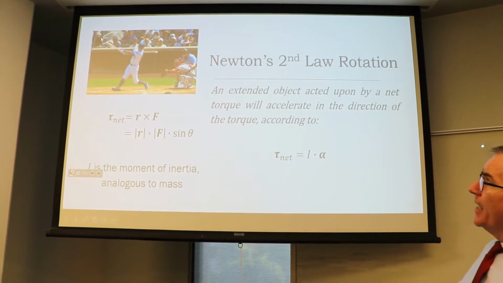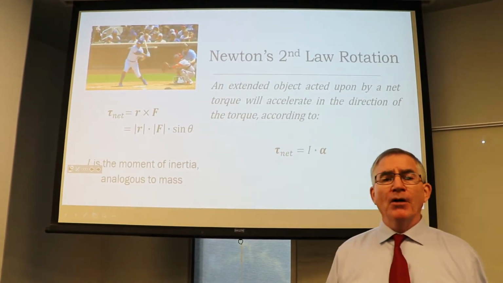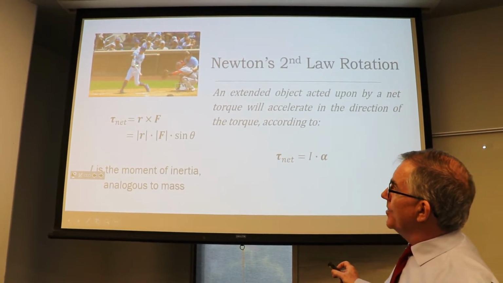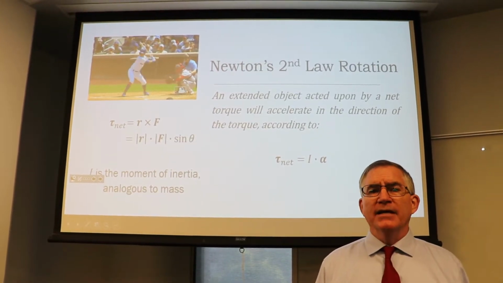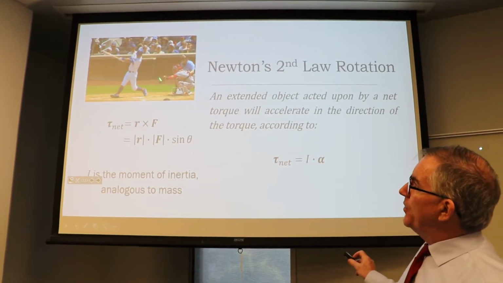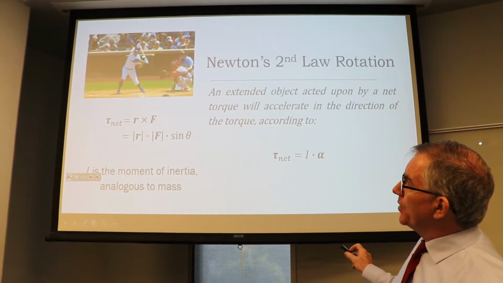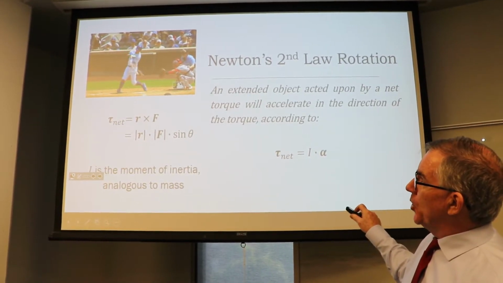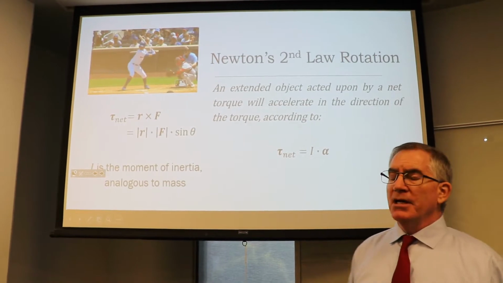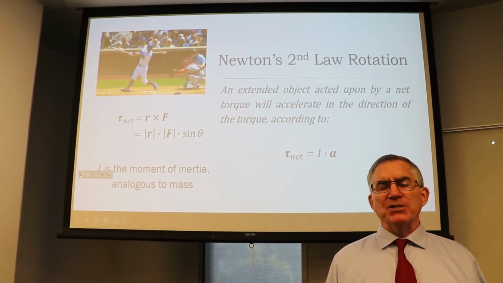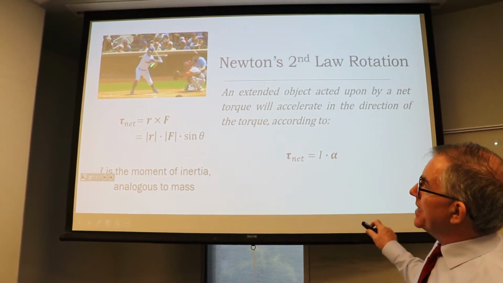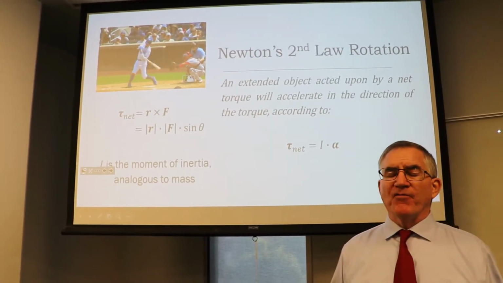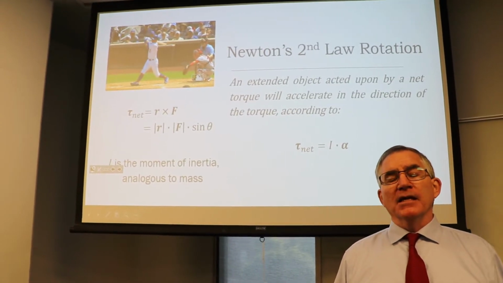Now this guy over here, he's taking a swipe at a ball, and in his hand is a bat. He's also got his two arms right there that are attached to the bat. And that motion of the bat, you see he's putting torque on it. The torque is being applied right there at the handle of the bat. The axis of rotation is his shoulders. You can see how his shoulders are basically rotating about his head there. And so the force is in close to the axis of rotation, and it's providing a torque,